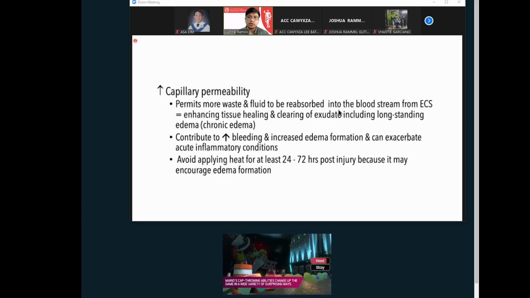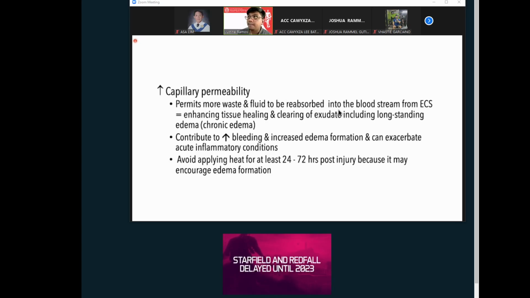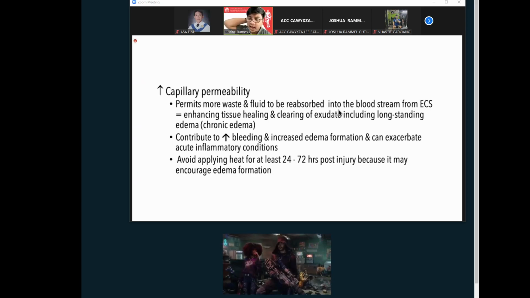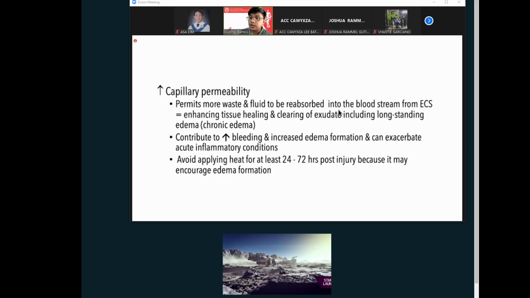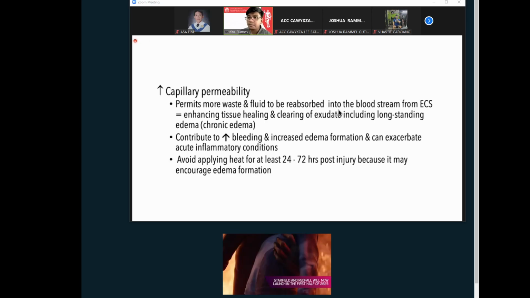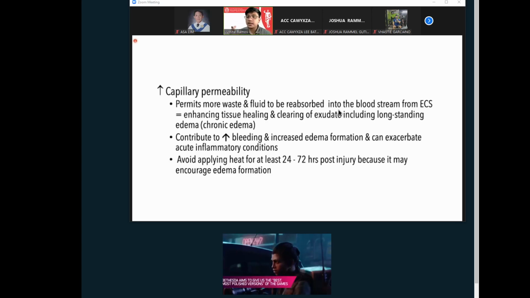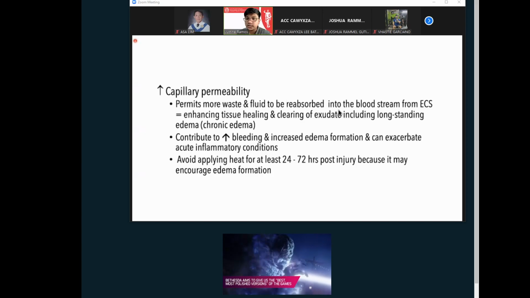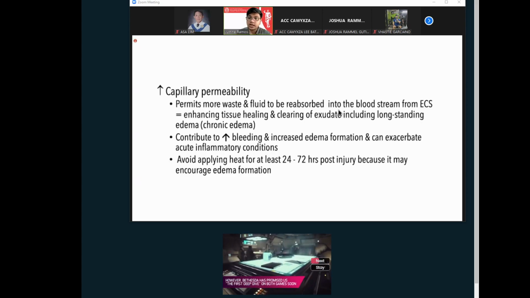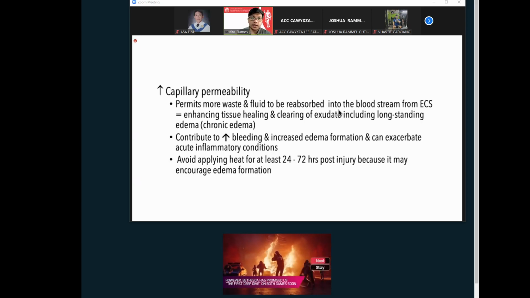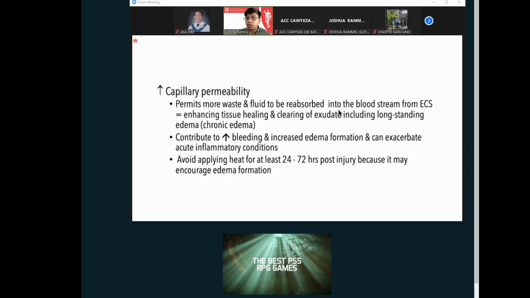So it also resolves any localized bleeding. Okay, take for example in an ankle sprain, di ba? So makikita nyo, kaya you don't apply heating modality or superficial heat immediately after an ankle sprain kasi remember, swelled yung area. Kaya naman yung nag-swell because there is an increase in capillary pressure along the area. And at the same time, yung mga pain metabolites that causes no a severe vasodilation along the area.